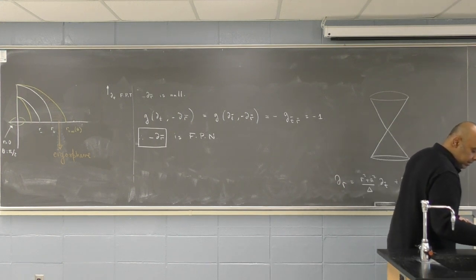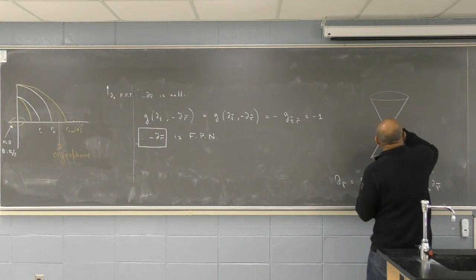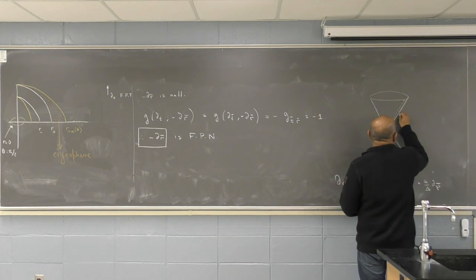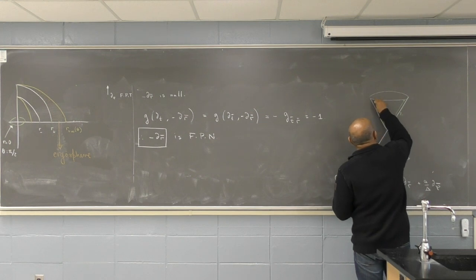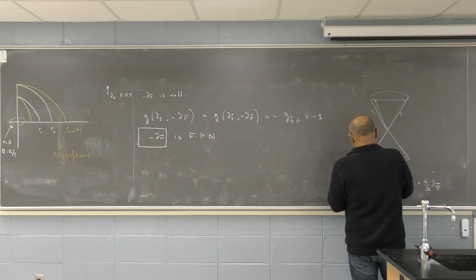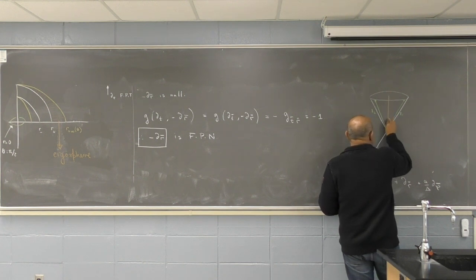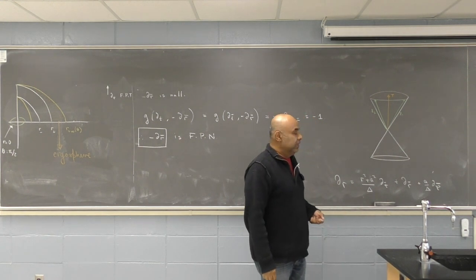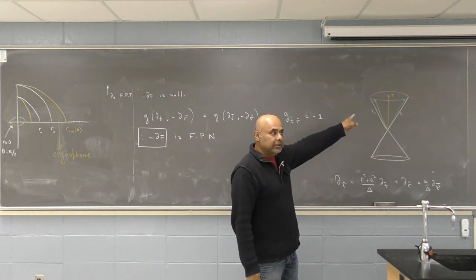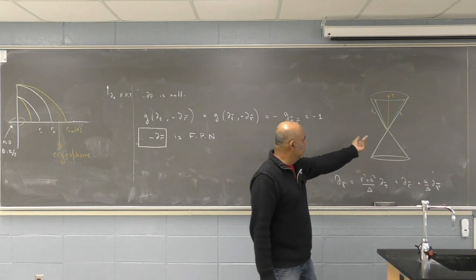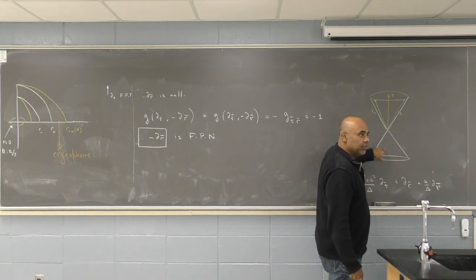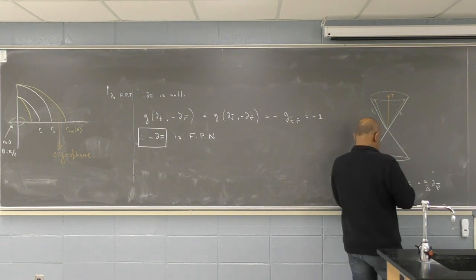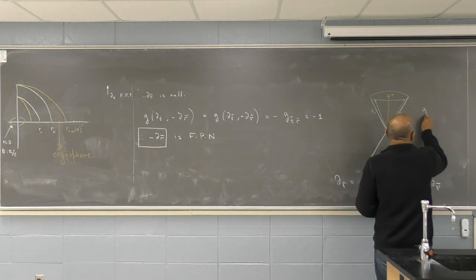If I take a light-like vector that's on the light cone, let me call this L1, and perhaps another one, L2, and let me call this T for time-like. You can see visually that they're on the same light cone. They're all in the same cone, as opposed to this one. You can be assured that the only way this happens is if